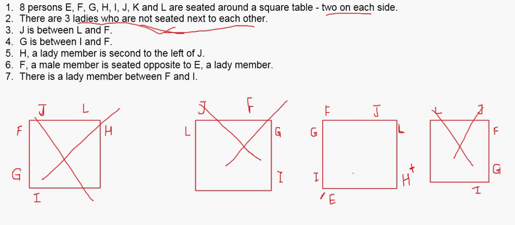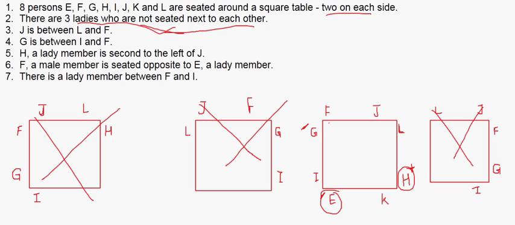So who is left? E, F, G, H, I, J, K is left, right? So K is here. K cannot be a lady, L cannot be a lady, I cannot be a lady, F was a gent, right? So G and J can be another two ladies, right? There is a lady member between F and I. Between F and I there is a lady member, which means G is a lady member. So we have three ladies, E,